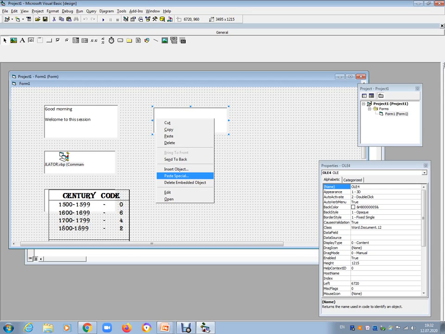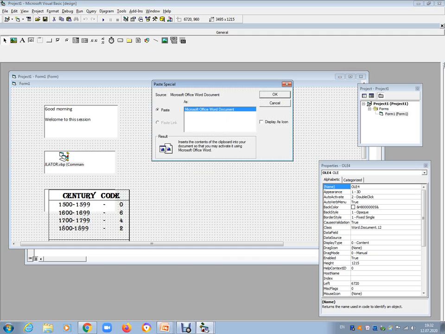Okay, that is paste special, not an ordinary paste, it's a paste special. So where did you get that paste, that clipboard content, from? That is from Microsoft Office Word document. Okay, already the clipped portion is from Microsoft Office Word.